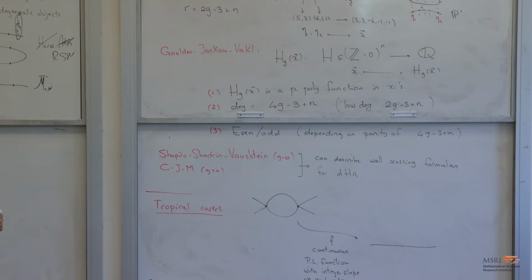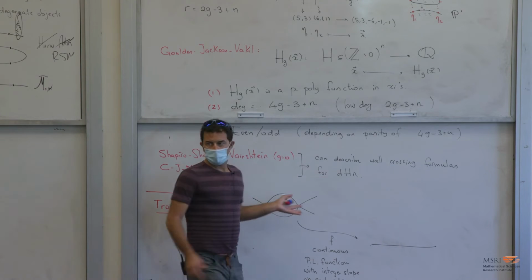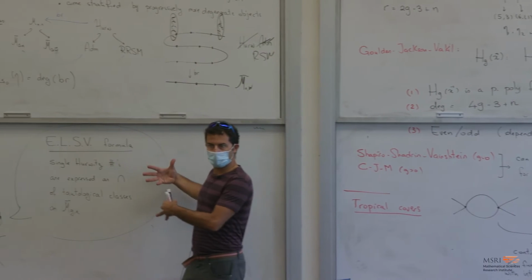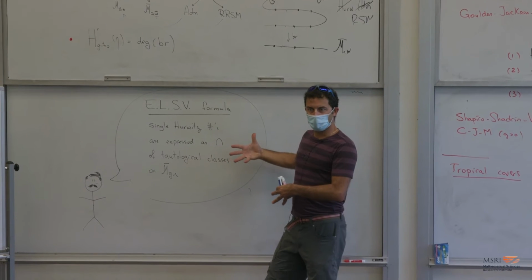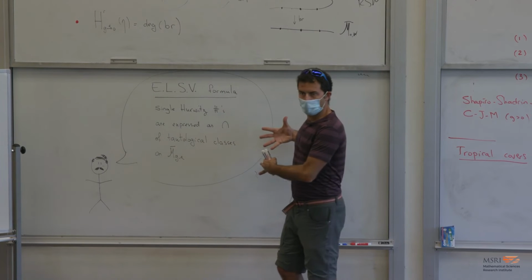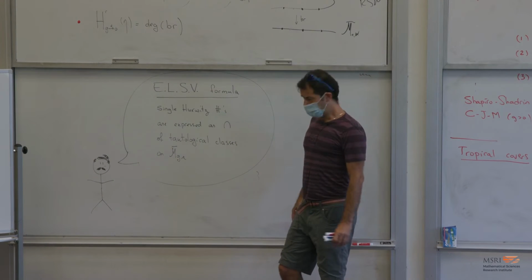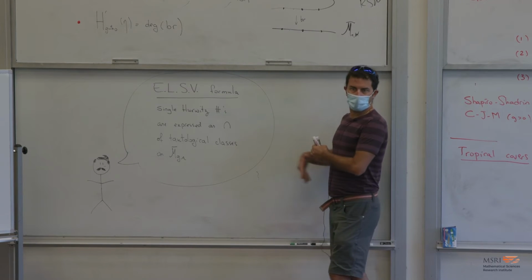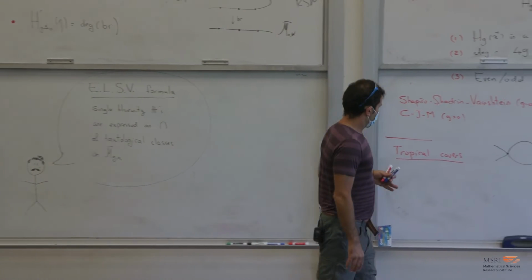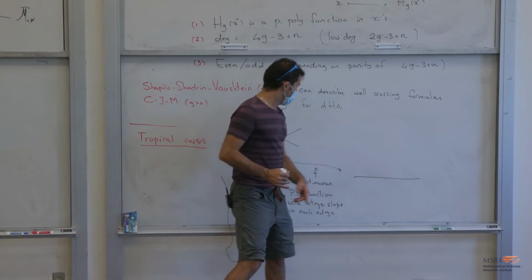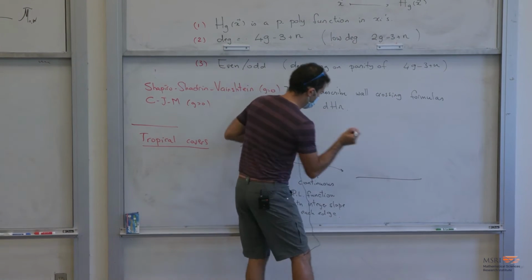And then again, this datum, like Hannah did yesterday, right? She drew one beautiful, complicated picture that had the source curve and the map and the image and so on and so forth. But then you get tired and bored of having to keep all of this information spread out. You try to find some way to encode it a little bit more efficiently, right? And yesterday it was just about, well, just keep track of the image and then you can recover anything else. Here you can't quite do that because the image gets all squished, right, to a line. But what you can do is you can just draw